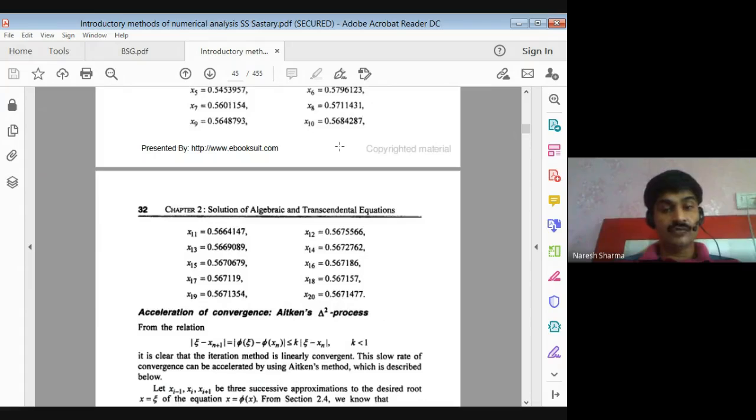If you see here, these are the same up to 2 decimals. You may see here up to 4 decimals they are the same. So it's your choice at what level of accuracy you require. So I'm stopping here. This is the iteration method, and it is also called the fixed point method. Thank you.